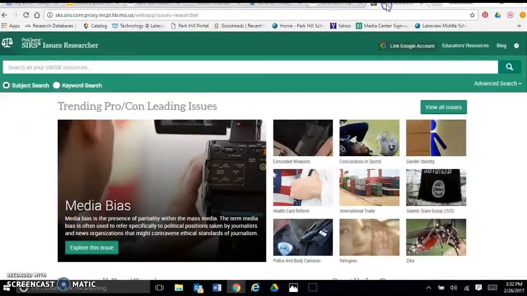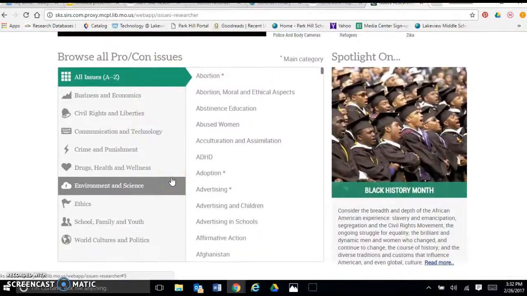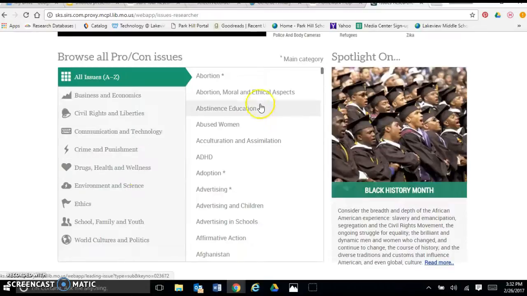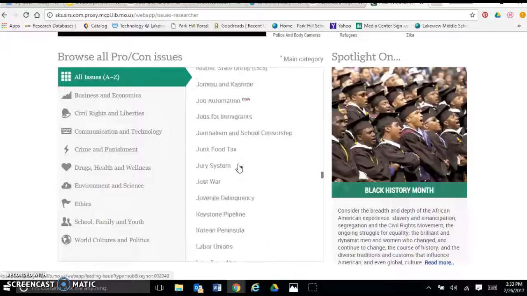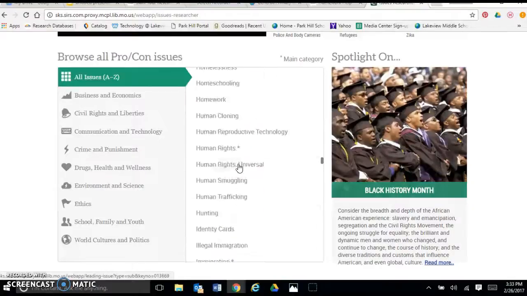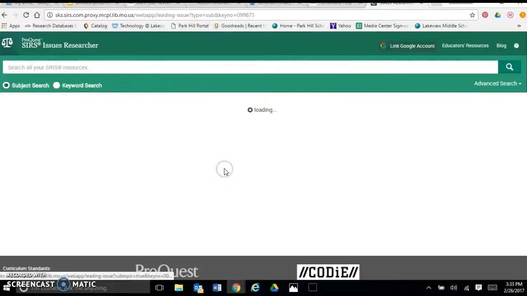Okay, so if I head back over here, so SIRS Issues Researcher, there's issues through here, and they have just 5 million of them for you to look at. So I'm going to go down and see if there's anything on globalization. So there is. There's globalization itself. There's globalization, moral and ethical aspects. So both of those might help you out a lot. If I just click on that one,